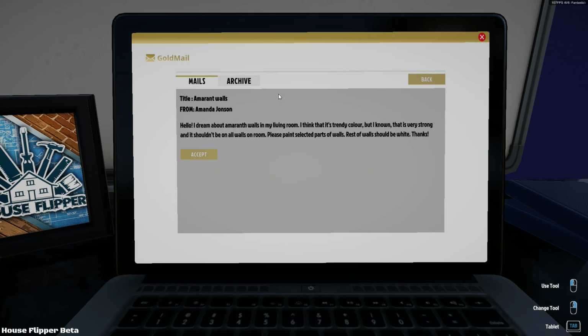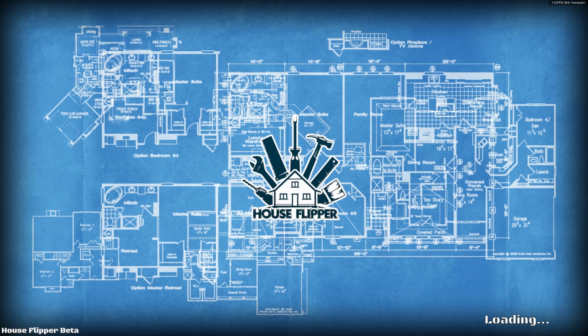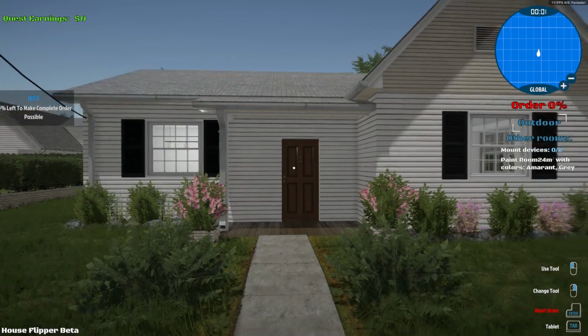Amaranth walls? Hello, I dreamt about amaranth walls in my living room. I think that it's a trendy color, but I know that it's very strong and it shouldn't be on the walls of the room. Please paint the selected parts of the walls. The rest of the walls should be white. Thank you. I've never painted any walls yet. I'm kind of curious about this. I will accept your mission. Your walls will be painted. You better be paying good,